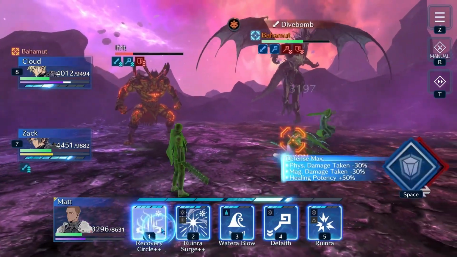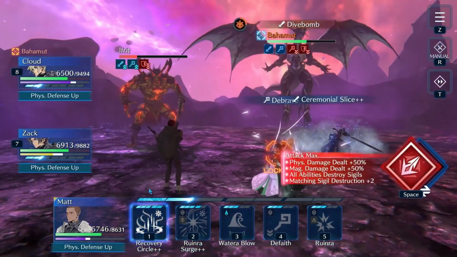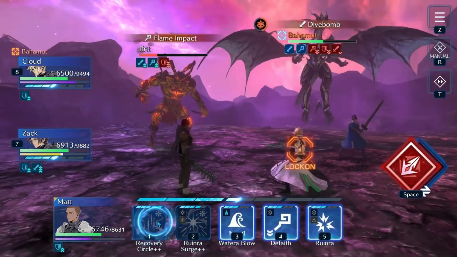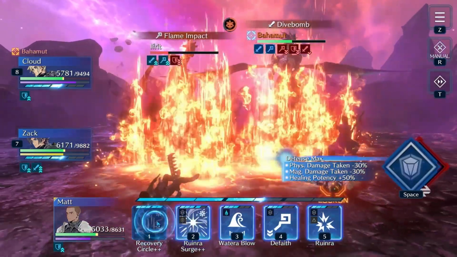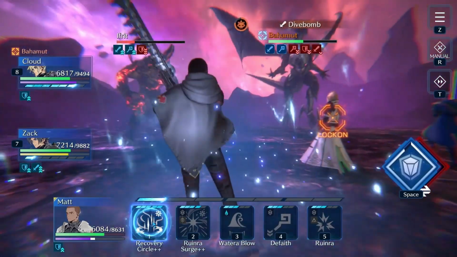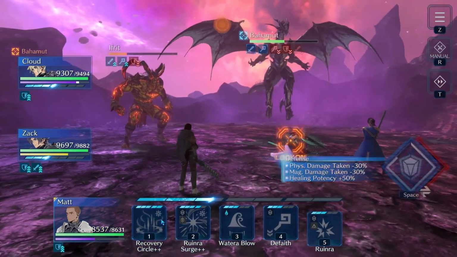Send 1 freezing stream out. Afterwards, go into defensive stance, so this way Matt can heal. And then once Cloud recovers 3 ATB, put up a debrave on Bahamut. If you did not bring Centipede, switch at this point to Zack and put up a barrier on whoever the